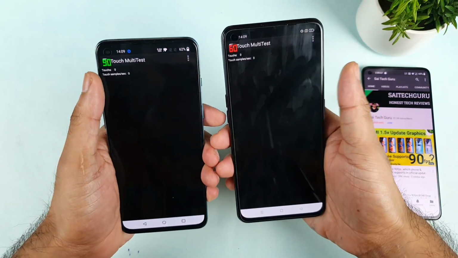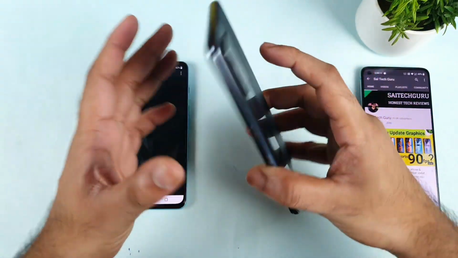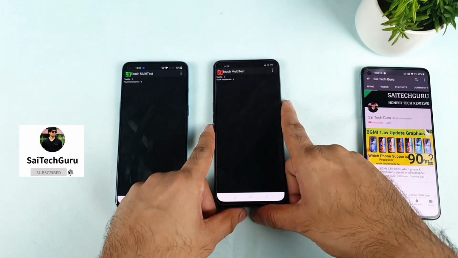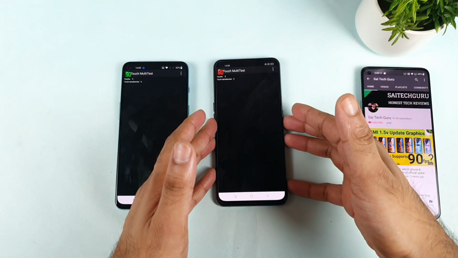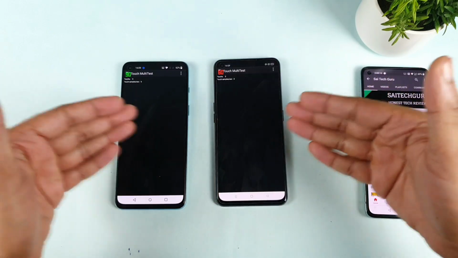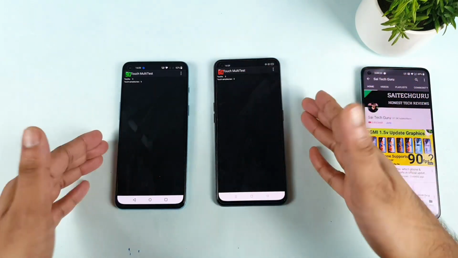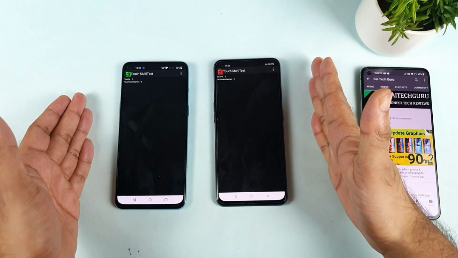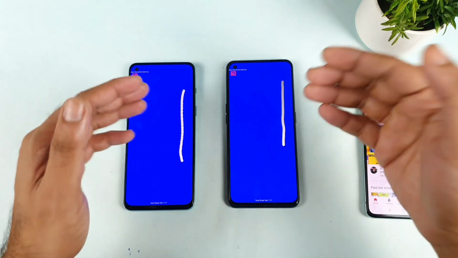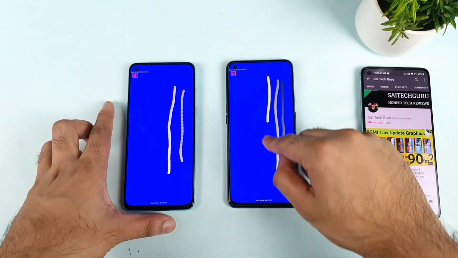I'm not sure how many users are facing this, but a few Realme X1 Max users who are getting this default 240 Hz touch sampling rate are messaging me a lot today after this recent update. That's the reason I thought of making a side-by-side comparison between both phones. So even after the update, the default touch sampling rate is limited to 120 Hz on one and 240 Hz on the other. You may not notice much difference, but when you look at both phones, you will definitely understand the difference in touch sampling rate.